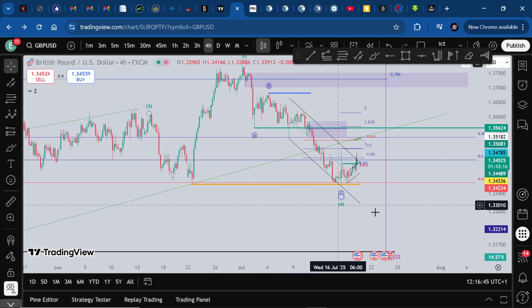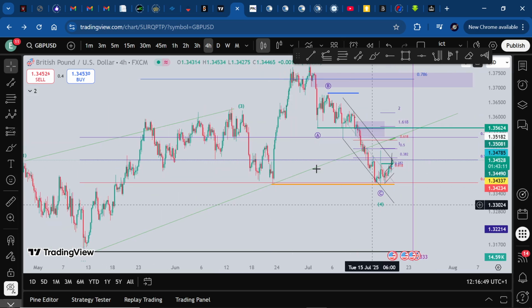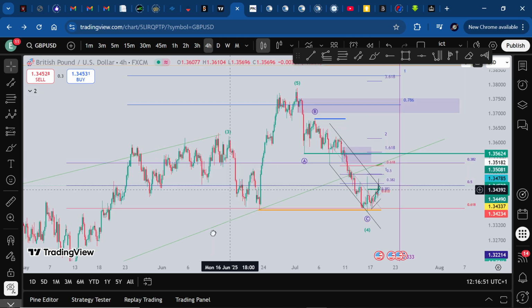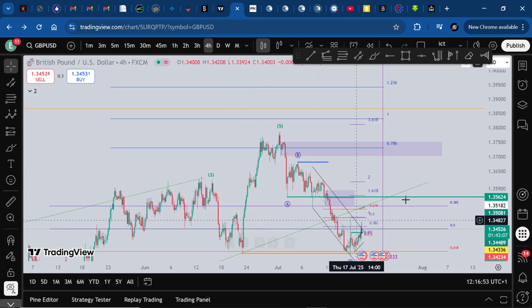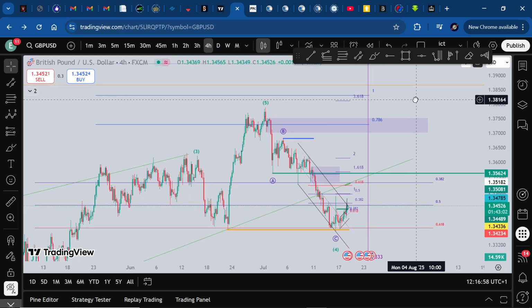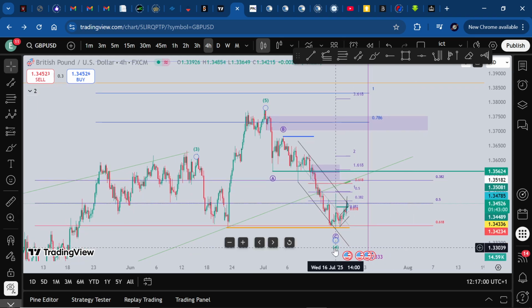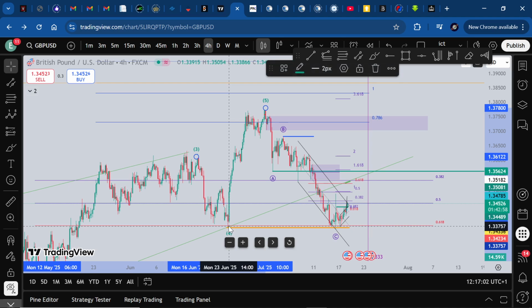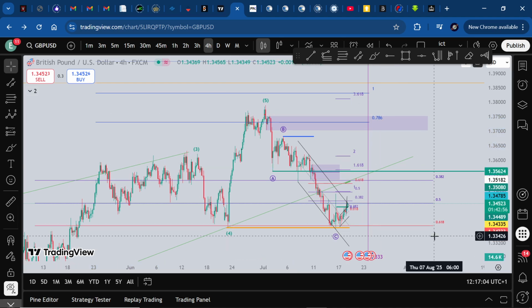Okay, potentially it's a 4 and we swipe the low. Okay, green 4. Yeah, now if this is green 4, sorry, purple 4, so you go over there. There's a higher time frame. Okay, so